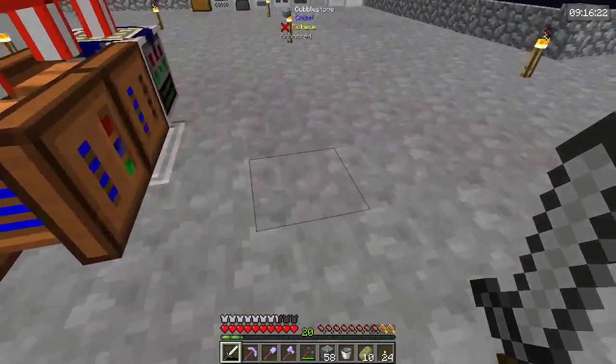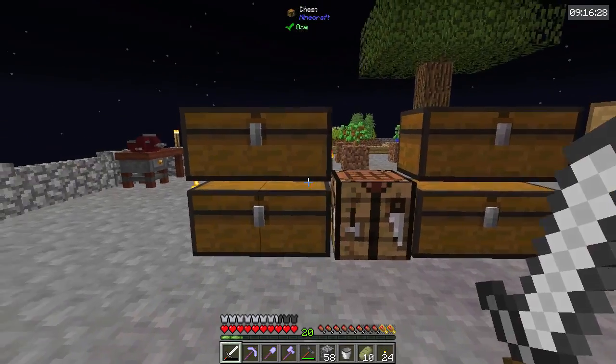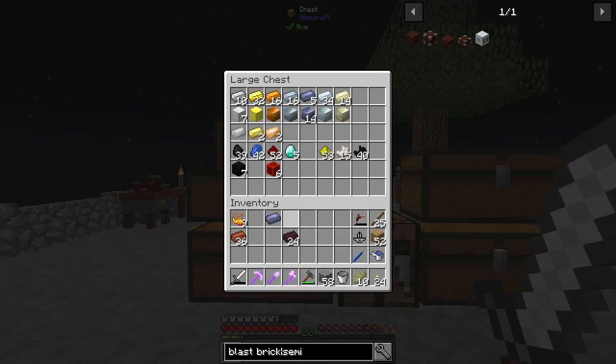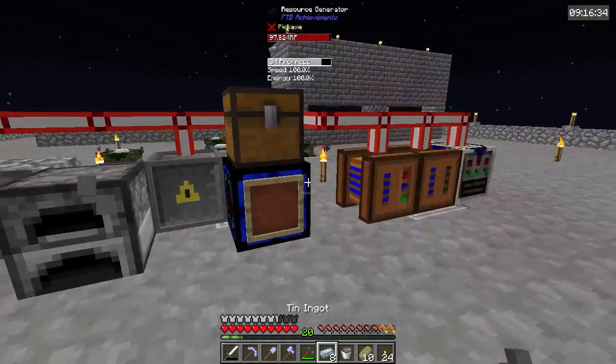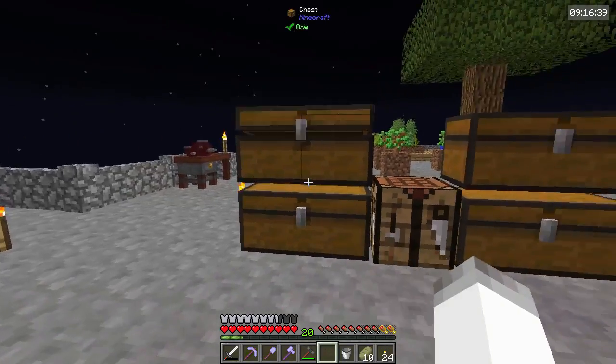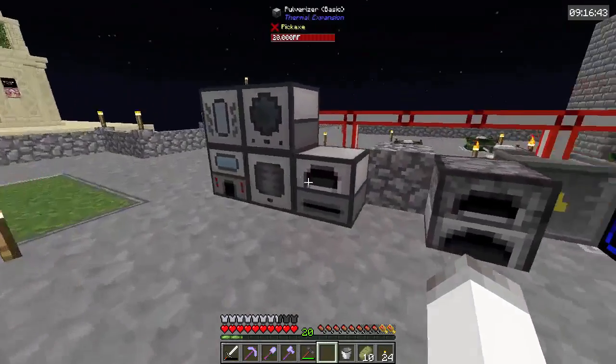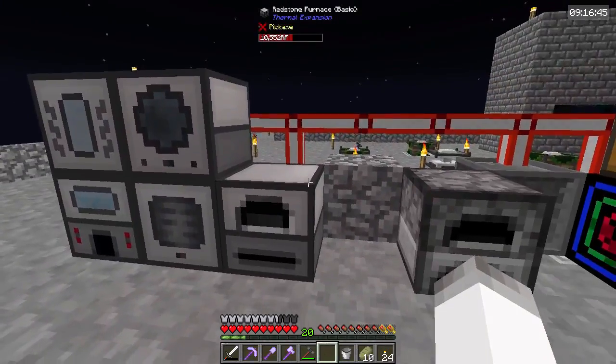So let's go ahead, grab all the lead, make a bunch of lead blocks. I was not anticipating that to make a perfect number, but it did. And we're going to want a lot of tin, so let's go ahead and do that. Alright, so iron is not as bad to get. And hey, we can... Ooh, that is...